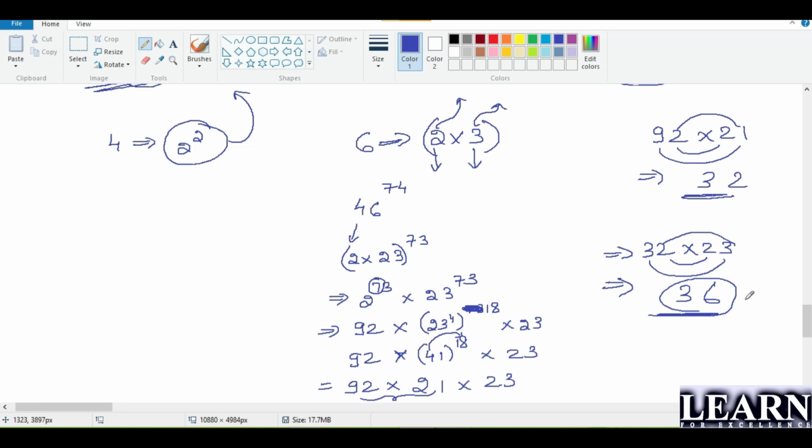Is it clear, guys? So whatever even number you are going to get, convert that even number in terms of powers of 2 and the odd number. So odd number we already know how to tackle. Even number I have already shown you how to tackle within 2 seconds here. So if I'm talking about the last even number, that is 8, 8 is nothing but powers of 3, guys. That's a simple thing. Whatever even number you are going to get, convert it in terms of powers of 2 and the odd number. Odd number do it sidewise and even number you can take it like click it on a click, right?